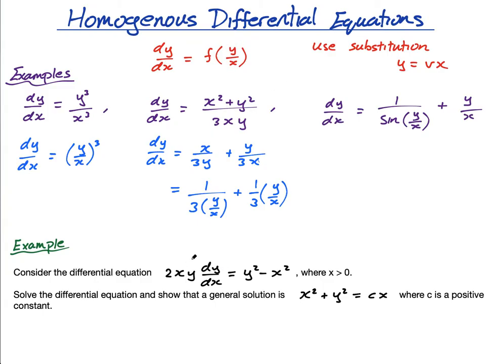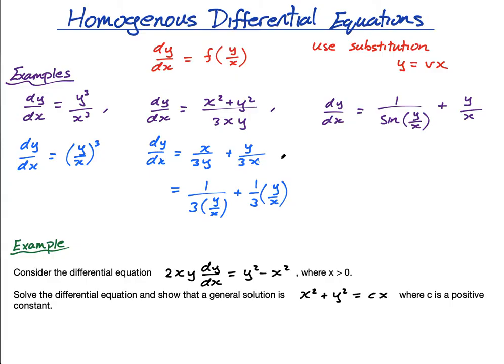And this one here, while it's not written as dy/dx equals something, I have 2xy dy/dx equals something, and if I divide by 2xy, which I'm going to do in a minute, it is in this form. Well, I can make it into this form. Now, obviously if it tells you to show that it is in this form, yes, you have to do all this, but one of the ways to